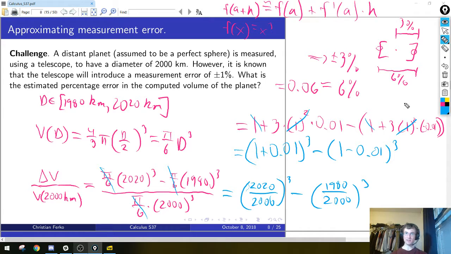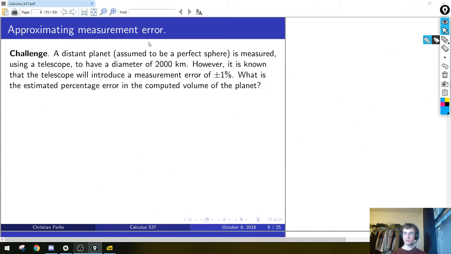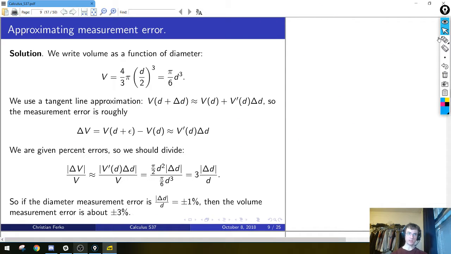So that was very nice heuristic thinking. So we got the right answer in the end. I'll show you another way that one could do this, which starts with the tangent line approximation at the beginning. So you could have said, we know volume is a function of diameter is this guy. I'm going to use the tangent line approximation, right at the beginning,